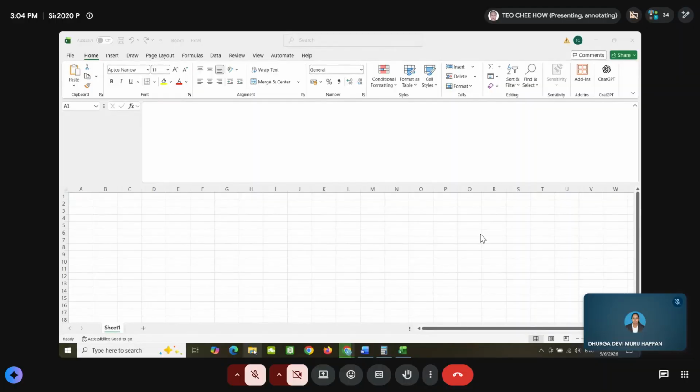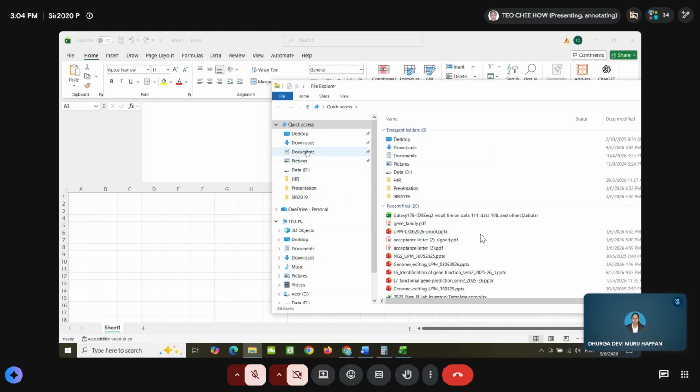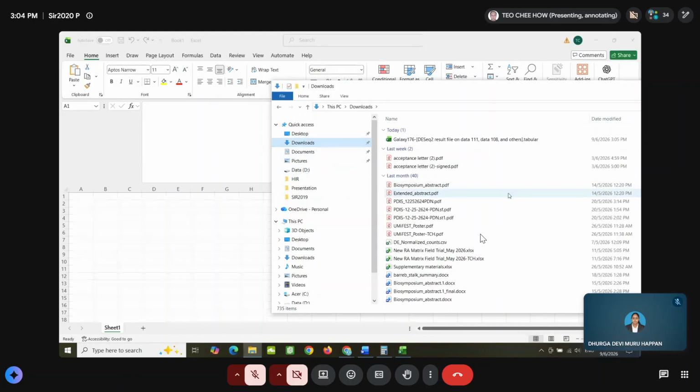Wait for the file to download. So you drag the file into